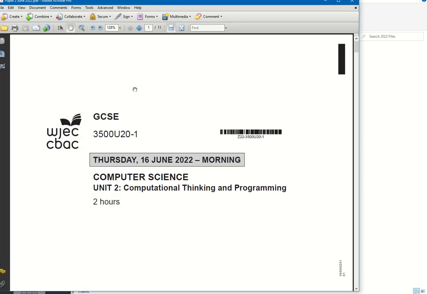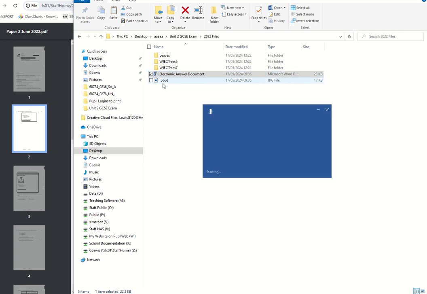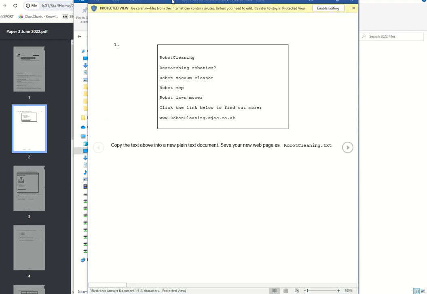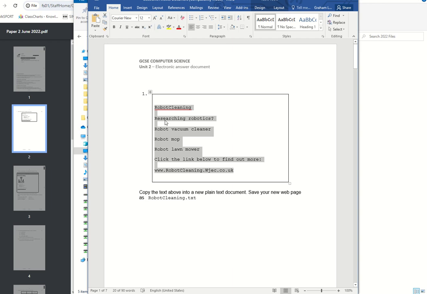Now inside, I'd open that again. There's an electronic answer book. Let's go and open that. You see the robot JPEG file, robot.jpg. I keep looking just in case it's a PNG file or JPEG, in which case you'll need to get that changed and make sure that's in the image source tag. Now there's the text, so we could Control and C, and we're going to use that in our text file. So there's a copy of the text and save a new web page as